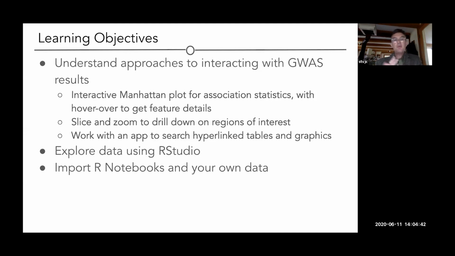What we want to do is talk about what we want to learn in this session, and that involves interacting with GWAS results. So what we're going to do is use RStudio to produce a Manhattan plot, and we'll make an interactive Manhattan plot that allows us to query the points on the plot for information about what's going on there, and also to slice and zoom in on regions of the plot to get a better view of what's going on when it's crowded. Then we'll work with an app to help us search such plots, and also to have hyperlinked tables and graphics in an app. Therefore, we will have explored the data with RStudio,